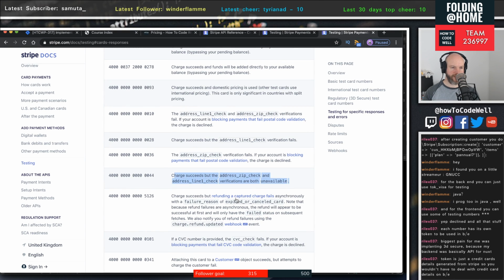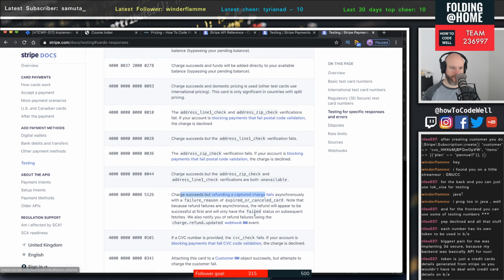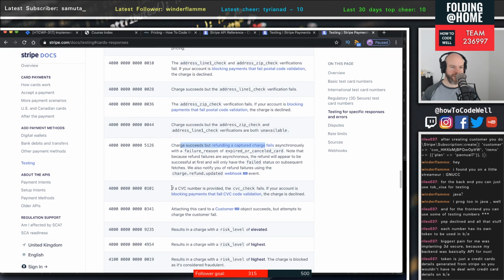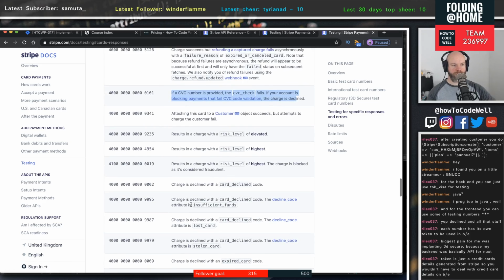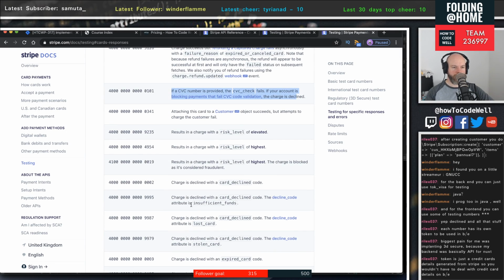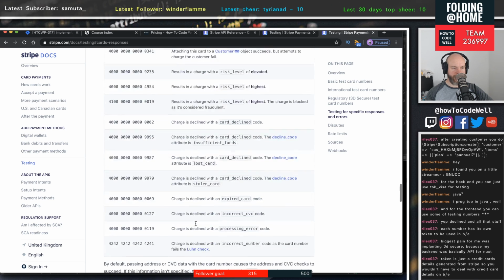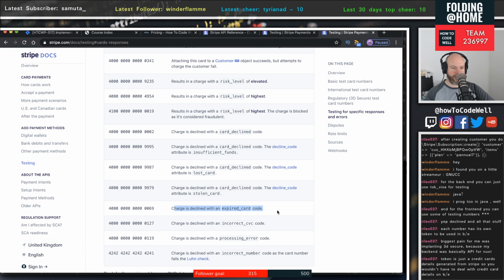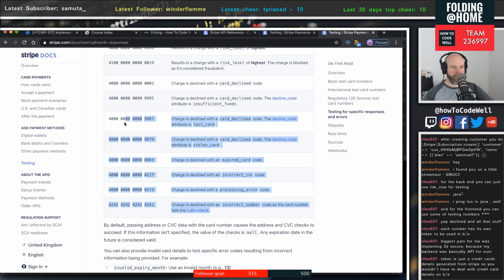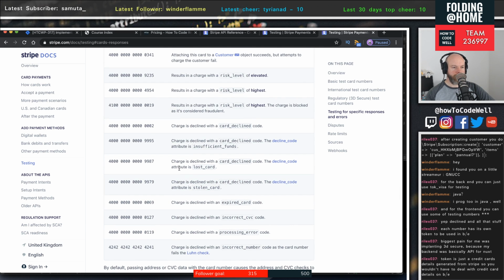So charges succeed, but refunding a captured charge card. If a CVC is provided, the CVC check fails if your account is blocking payments. Yeah. So there's loads of scenarios, some of which I don't think will all be related to what I need to do, but things like a card declined with an expired card, incorrect CVC code, processing error. All of these things I need to handle, and I think what I need to do is create